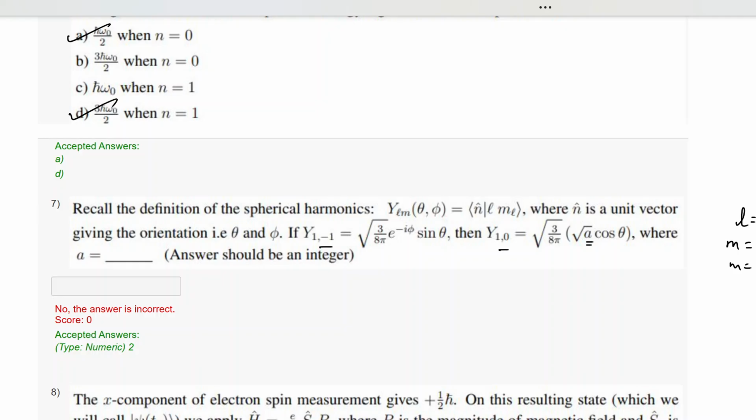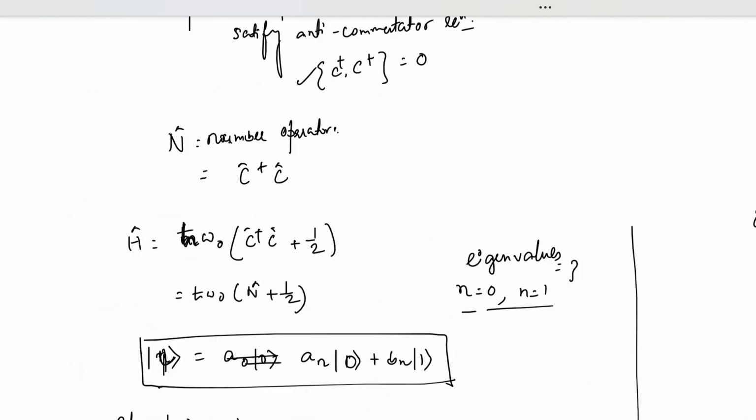So these two are there. As if on the m you are stepping up and down from 0, you are going down to -1, so like that. So they are related by angular momentum ladder operators, and that is what will help us in this situation. So basically, question number 7 is that you have L plus Y1 minus 1 is equal to Y1 0. Okay, so L plus minus are the ladder operators